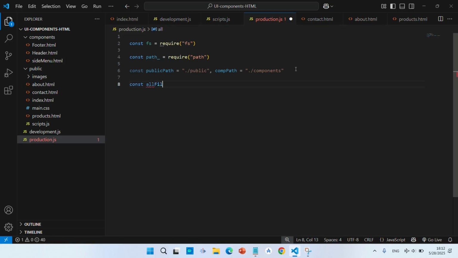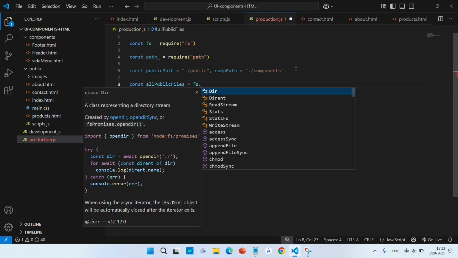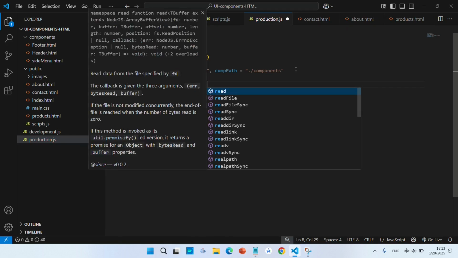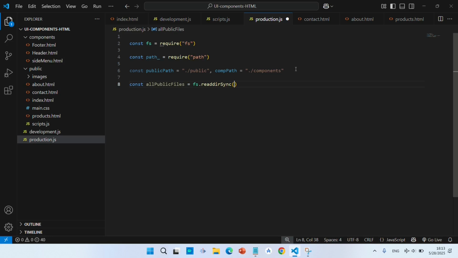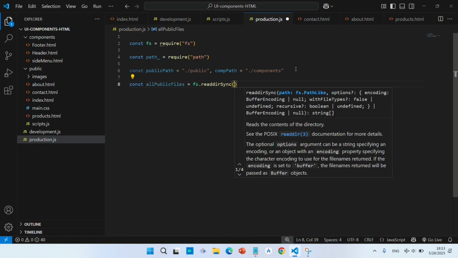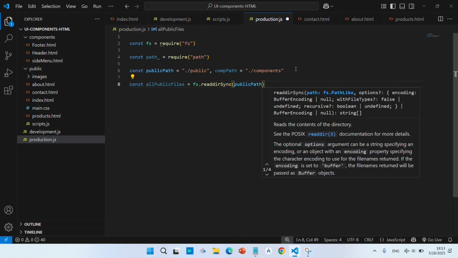Const all public files, fs dot read directory sync, public path,